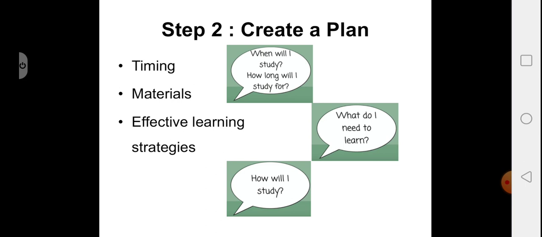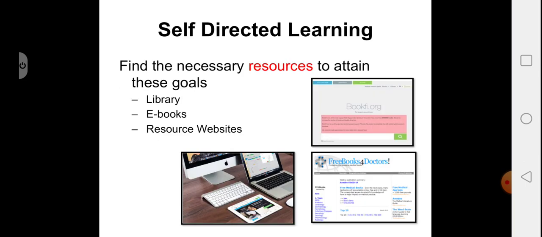We all know that there are basically three types of learning strategies. One is just superficial learning, the other one is a deep learning strategy, and next is a strategic style only for the exam. How can I study, how can I frame my answer so that I get good marks in the exam. So it is always good to follow a deep learning strategy. Looking into the resources or the materials, you can find them in the library. There are several ebooks available online, and there are several resource websites.